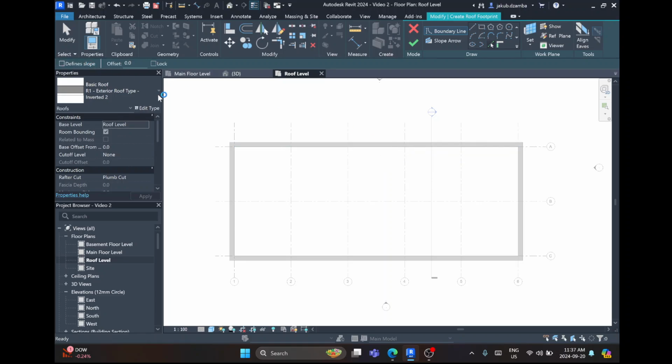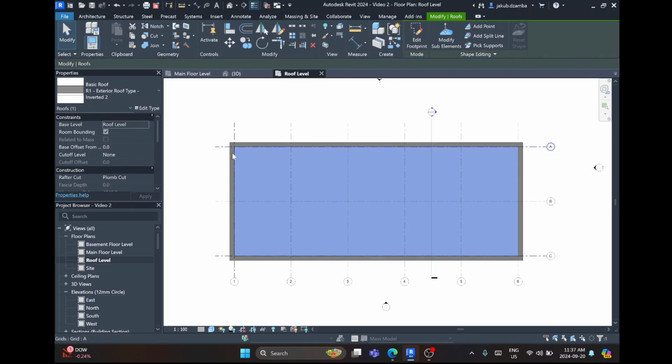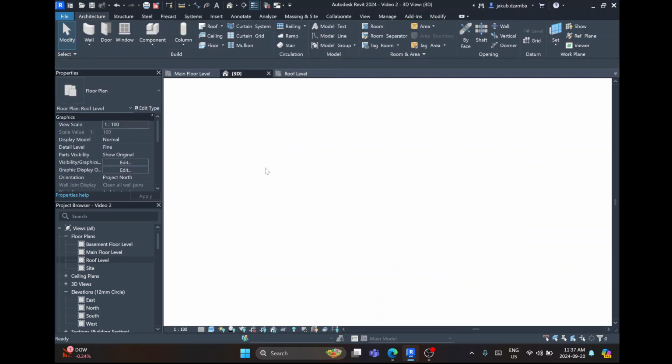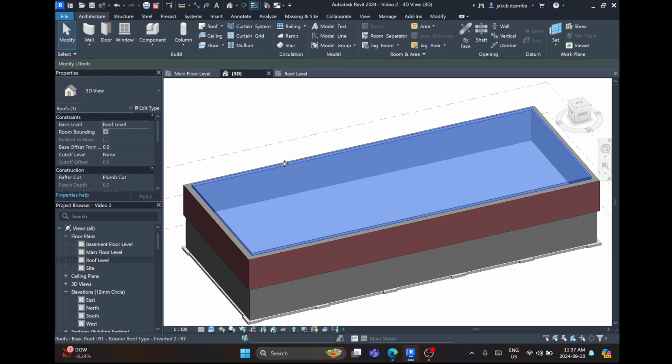Now before I go, I'm going to uncheck define slopes. And now I will do this. There we go. And I'm going to hit the check mark. Okay. Now let's see this in 3D. Okay, it looks about right. It should be sticking up like that. That's okay. Now I'm going to click and I'm going to add